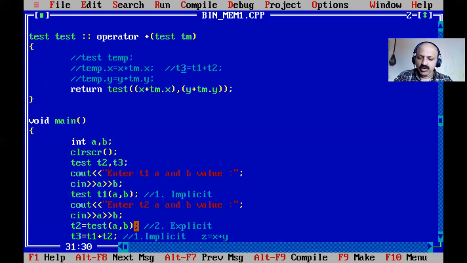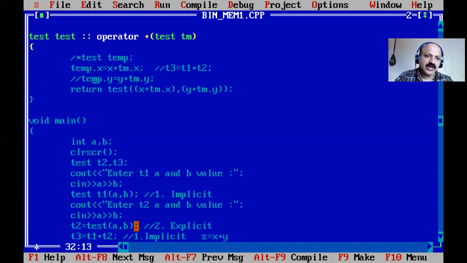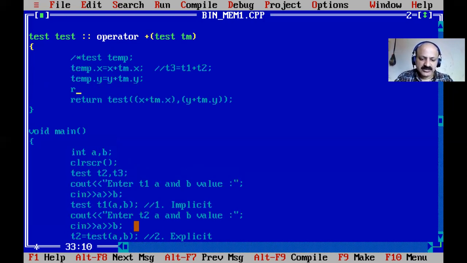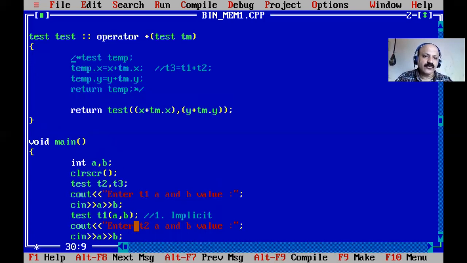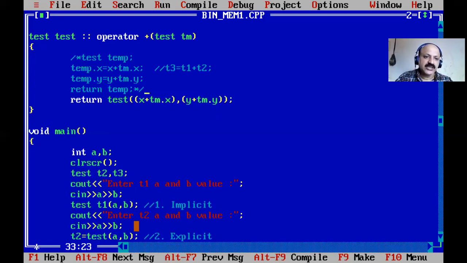So I write in comment lines all the code for your reference. Here I give the multi-line comment, yes, and remove the single comment line. And then our previous return statement temp, yes. And here I complete the four lines, our previous four lines as they are. Any change required? No. X sum Y and return the temp. So there are four lines for your reference, and that is converted into concise coding, a very short technique.